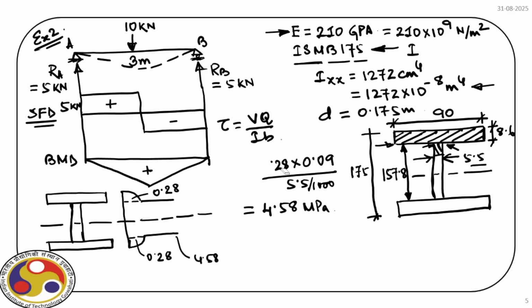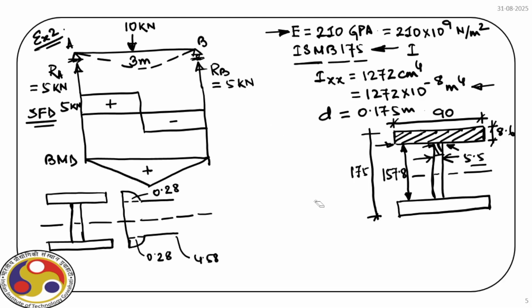So for that, again, we have to consider the complete flange and then half of the web, right? Okay. So now we consider half of the web, and then again Q will change this time. So what we have is the